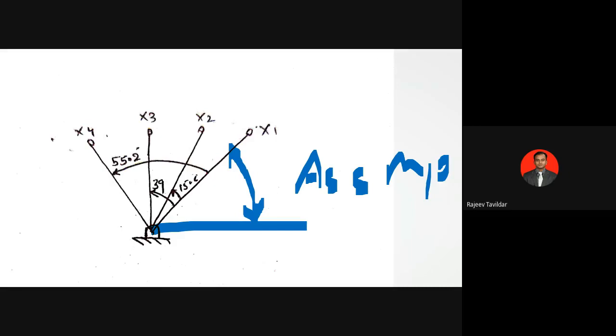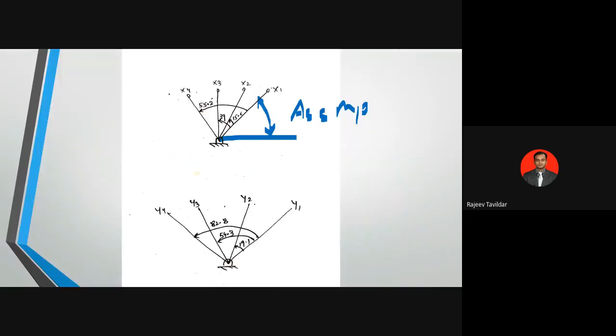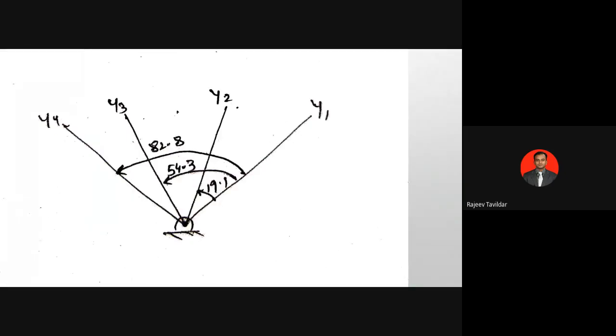When you found psi 2, that is associated with x2, but the angle I have shown as 15.6 is with respect to x1. Similarly, psi 3 for x3, the angle is 39, shown with respect to x1. And for psi 4, it is with respect to x4, and the angle I have shown is with respect to x1 only. I hope it is clear what we have done in the equation and what I am drawing here. I have similarly represented the output links also: 19, 54, and 83.